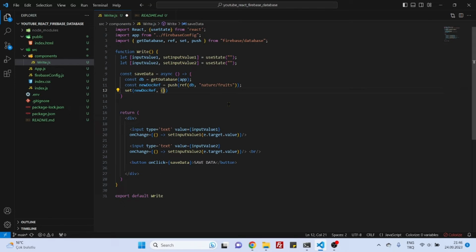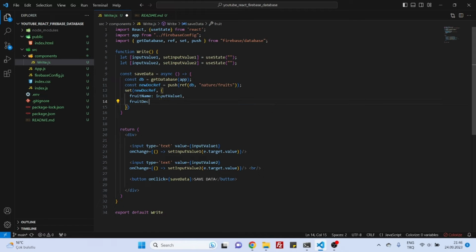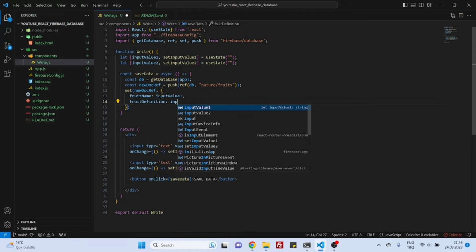And here what we will save? We will save this data, input value 1 and input value 2, but we will save them as what? Maybe we can be more descriptive. We can say fruitName for the input value 1, fruitDefinition for the second input value. Okay,